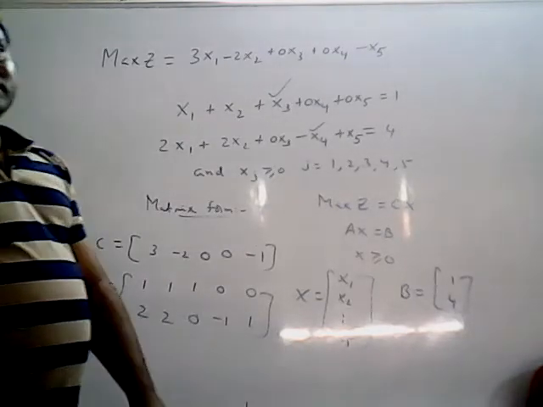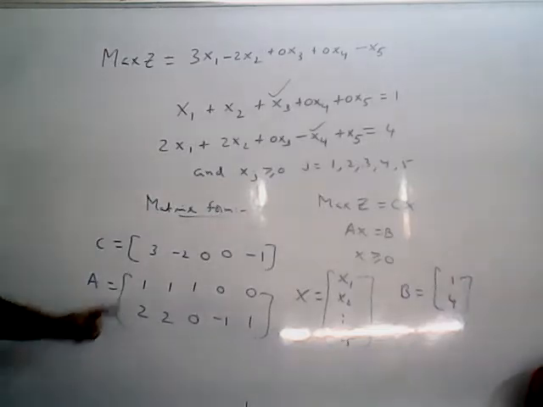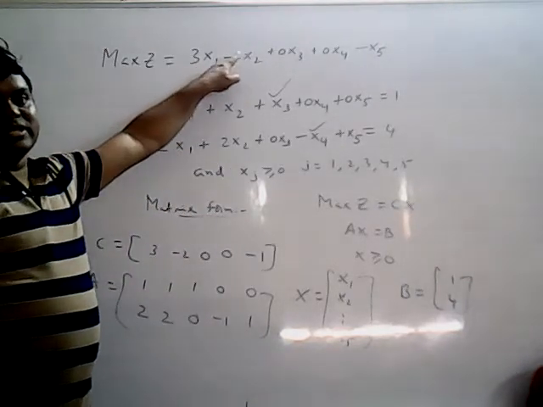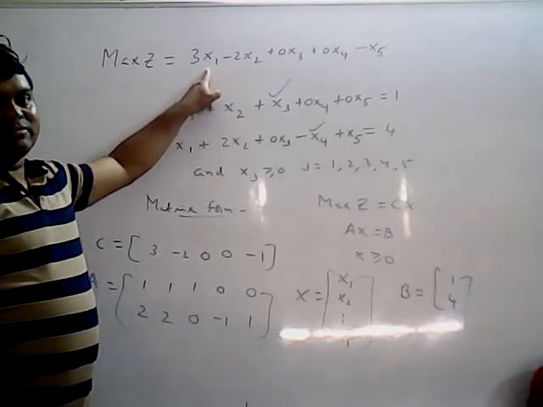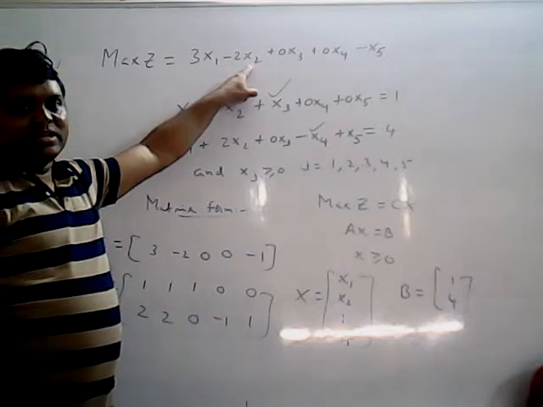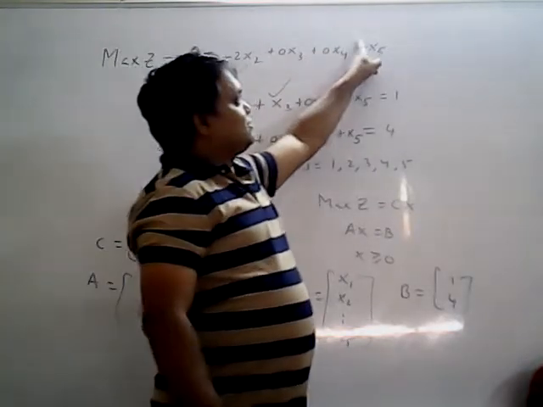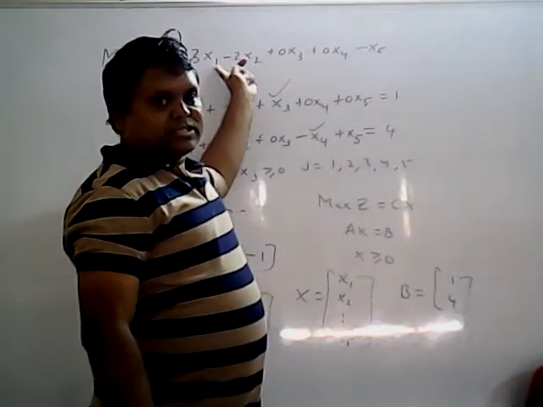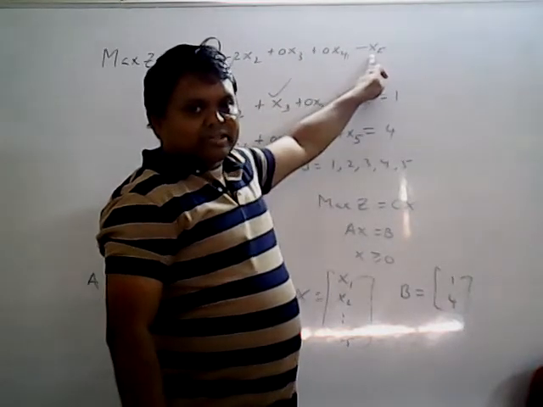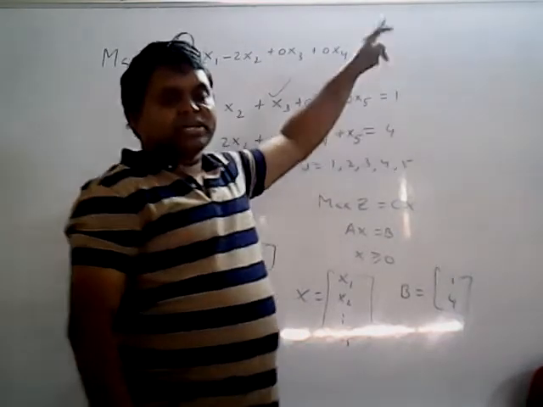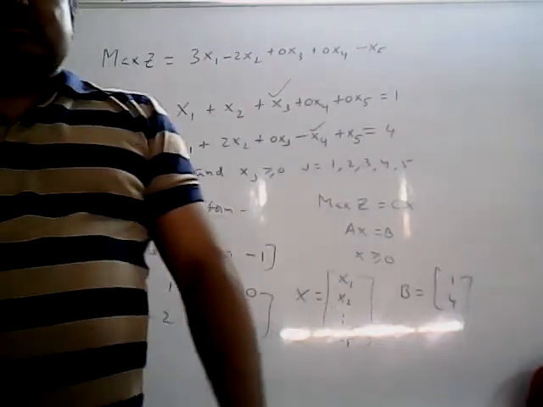Now, what is phase 1? In phase 1, what do you have to do? Put all the original variables' cost equal to 0. Whatever may be the cost of the variables, you will put 0 in phase 1 and consider only the artificial variables. All are zeros, so they have no value. Only the artificial variable you will consider in phase 1. What is that artificial variable? x5.